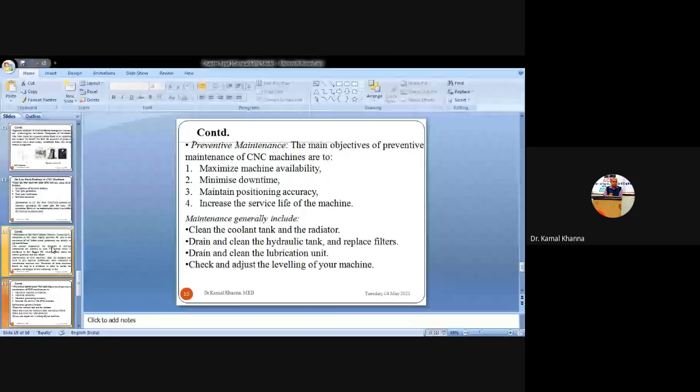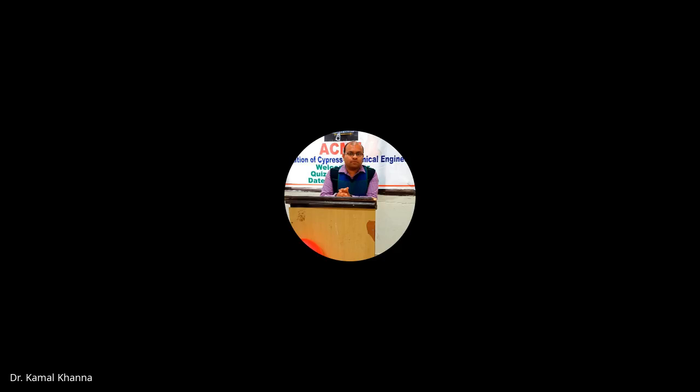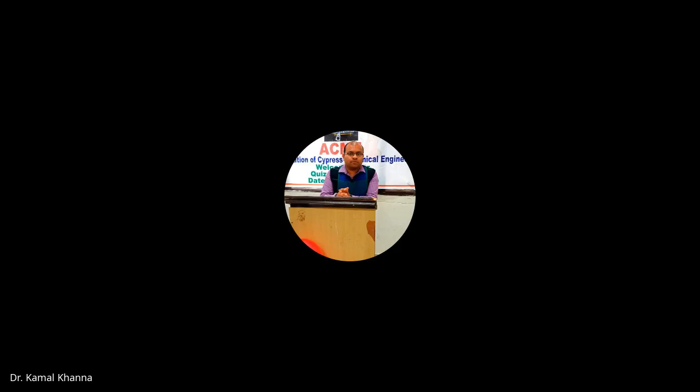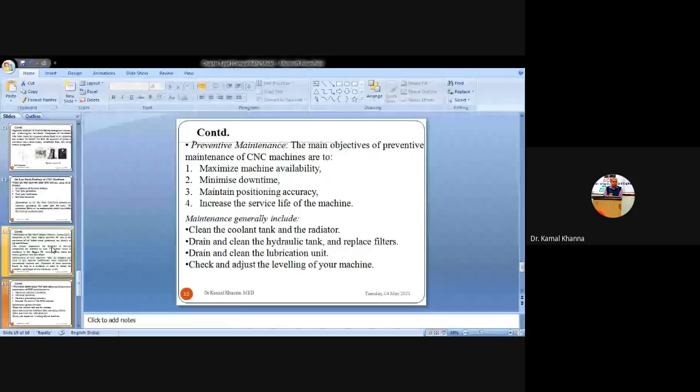So the main objectives of providing preventive maintenance to CNC machines are that it will maximize the machine availability and it will reduce the downtime, that is called the breakdown time. That is, if any error occurs during the operation or after the operation is carried out on the CNC machines, then that error must be rectified before performing the next operation. And similarly, if you are maintaining the CNC machines, it will provide you accurate positioning and accurate geometry of the workpiece, and also it provides durability, that is, increasing the service life of the machines. So maintenance, what does maintenance include?